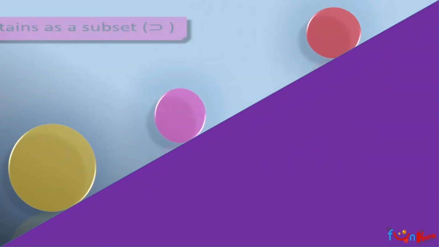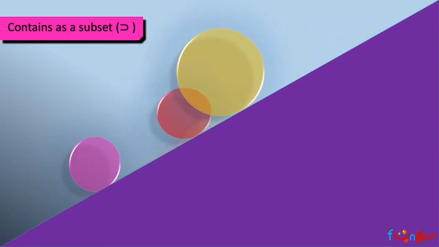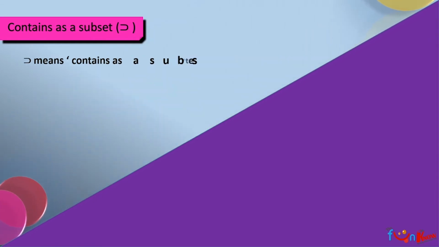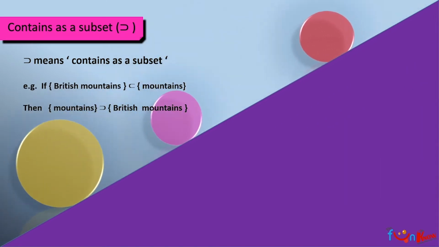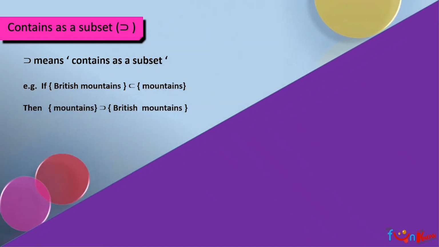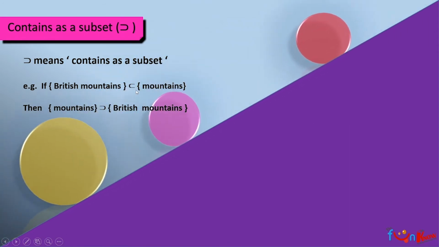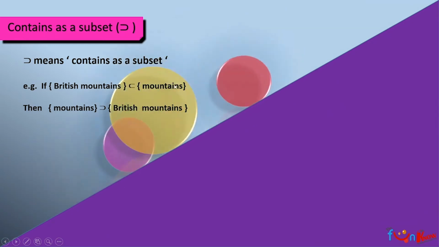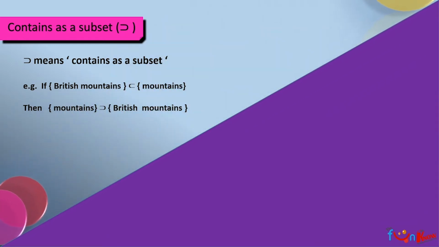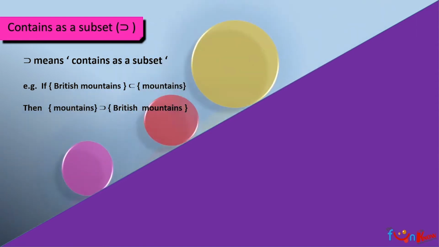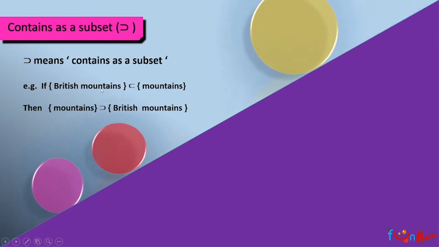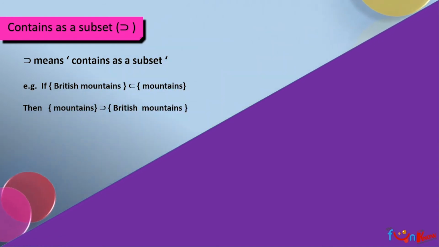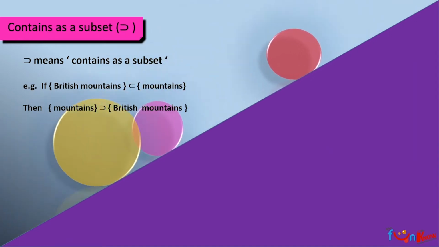So now I hope you are understanding how we are understanding sets and subsets. Now, contents as a subset. The meaning of contents as a subset is, you can consider there are curly braces, a set which is British mountains, which is a subset of mountains. There are many mountains, there is the Himalayas, there are n number of different mountains. So from that we are talking about British mountains. So this will be a subset, right? British mountains will be a subset, so you can also write it as this is a subset of mountains.